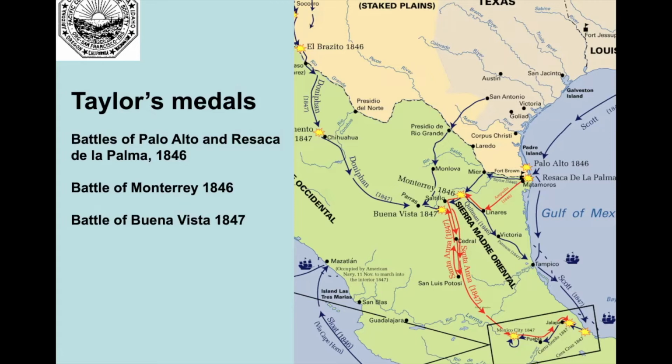So the Mexican army, part of the deal was that Taylor let the Mexican army, rather than being captured, retreat, and he got some grief for that, and they retreated to the town of Monterrey,